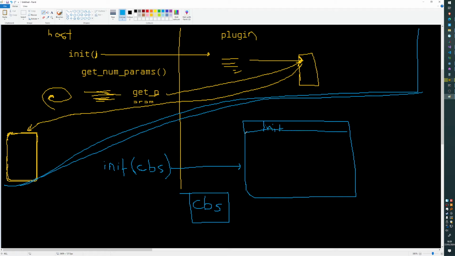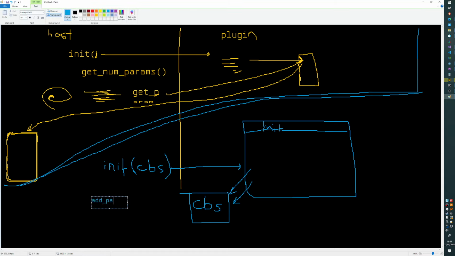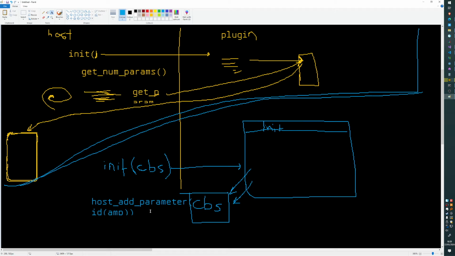that's not that important. So during the init of the plugin, what we're going to do is just call these function pointers that the host is going to pass in. So it's going to be something like add parameter, and you could pass it, for example, host add parameter. You could pass it the ID of the AMP standard parameter, for example,